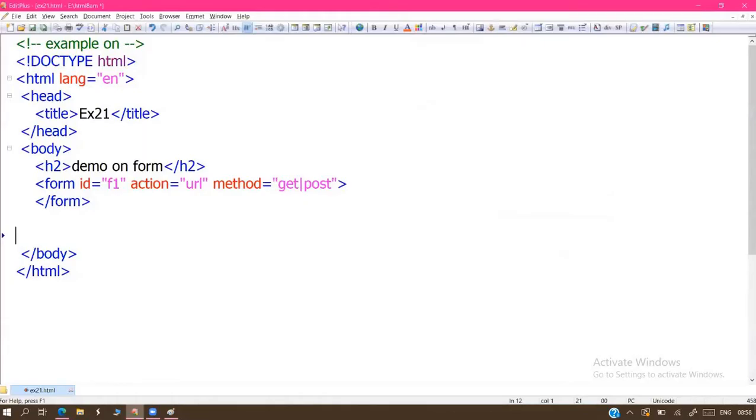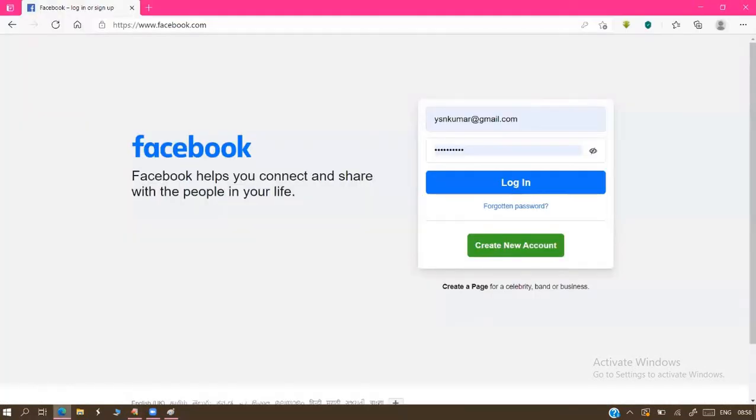By which methodology, sir? In some situations we use the get methodology, in some situations the post methodology. Facebook is developed with the post methodology. How can we say, sir? There is the first difference between get and post. The data we are transporting from client to server doesn't appear in the address bar.